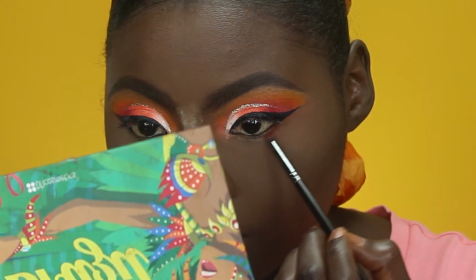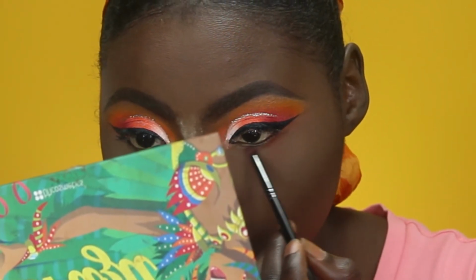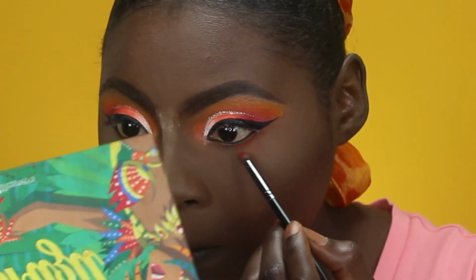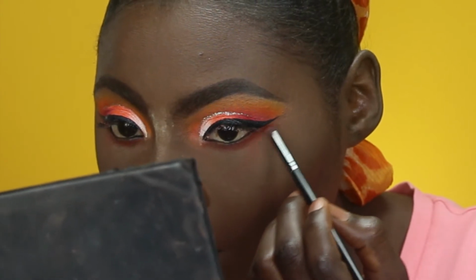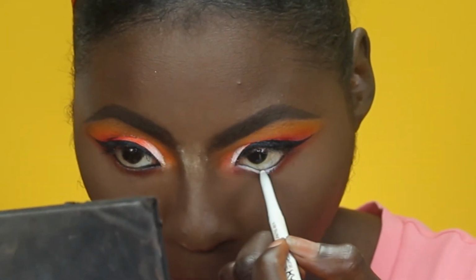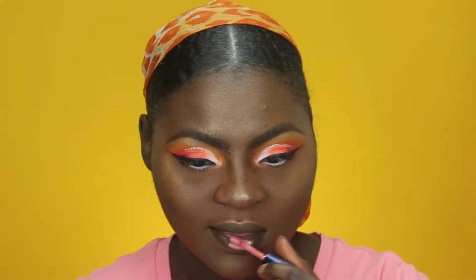Now this is, oh my gosh, you guys, I did something very stupid. I used NYX setting powder. I don't know what setting powder that is, but it is such a stupid setting powder. When you use that thing, nothing can blend on your face. I don't know if anybody has used it, but it is so stupid. Nothing can work on your face. It's so annoying. I couldn't even put the eyeshadow on my bottom lashes. I was so mad. Anyways, I went back with that orange and that red to blend out my lower